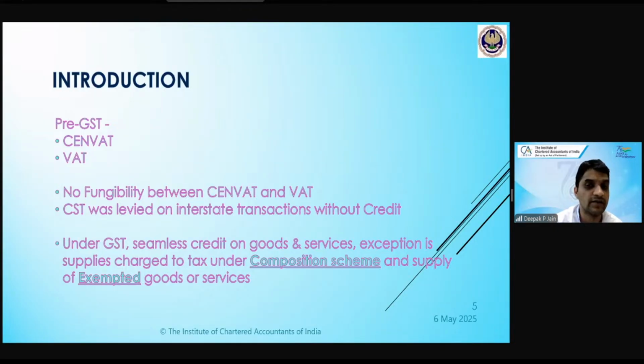Yes, Harshdeep and Miss Priya Mishra have given the correct answer. Apart from excise duty, he will also charge VAT. Because after manufacture, what will he do? He will sell it. Correct? So on manufacture and on the sale of those goods, VAT will be charged. So this manufacturer of toothpaste is saying that before GST, I used to pay excise duty and I used to pay VAT also. This excise duty he used to pay was called